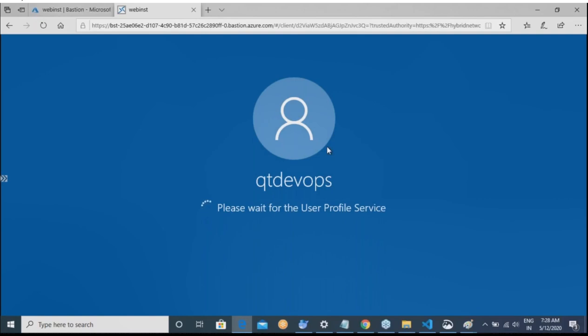So am I able to connect to Windows remote desktop?